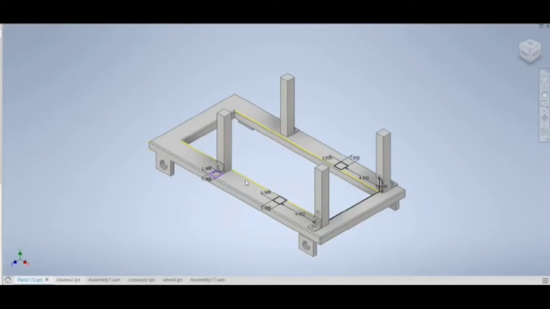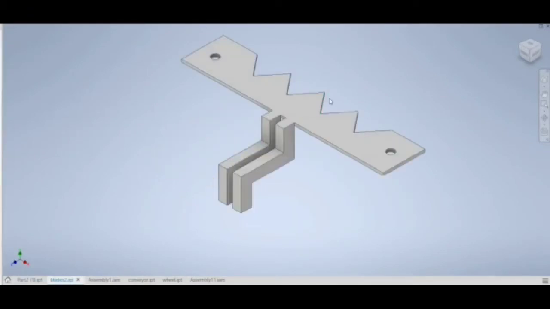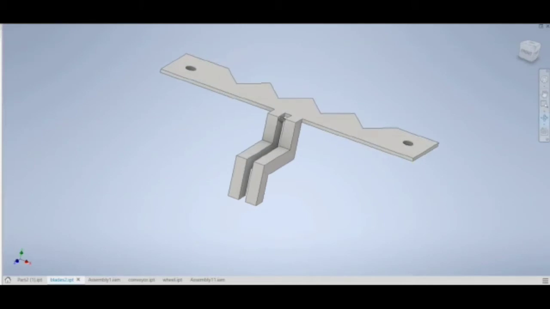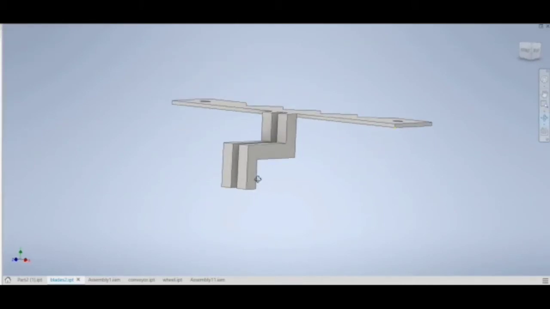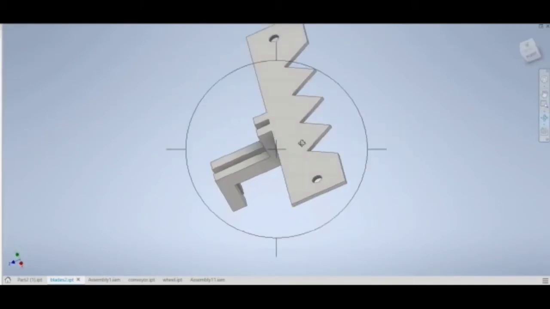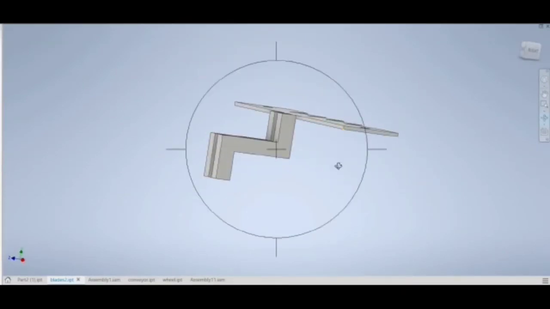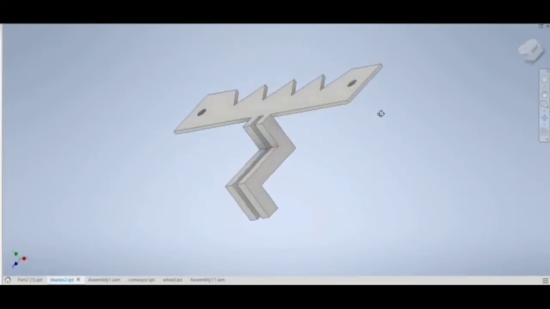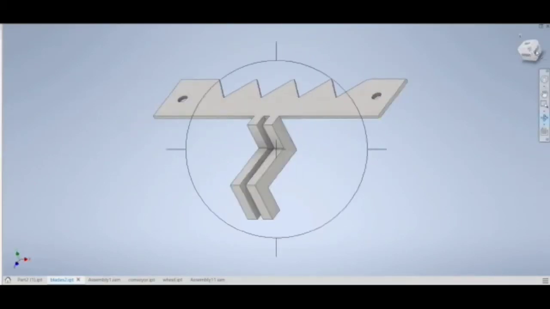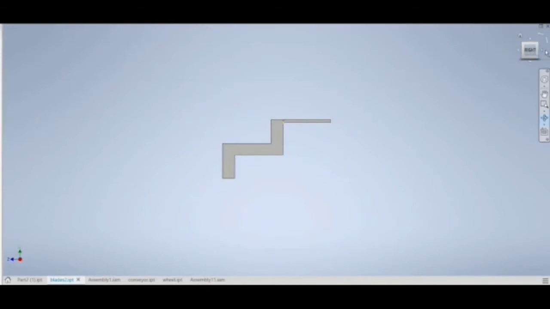Second is blades. Blades play an important role in our model because one of the most important roles of our model is to cut the leafy vegetables. These blades have a special mechanism. The special mechanism is that when the motor starts to rotate, because of this L-shaped clamp which we have done here, it makes the blade move in a linear motion. So these are different views of how it looks.